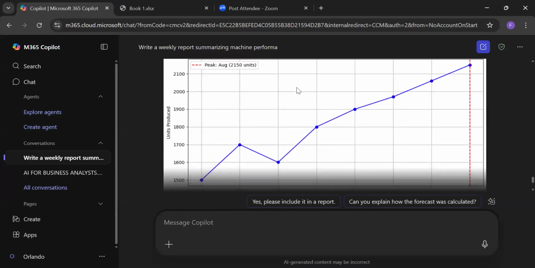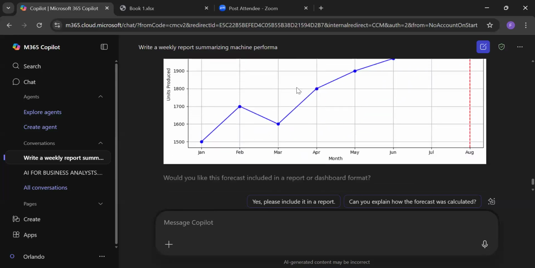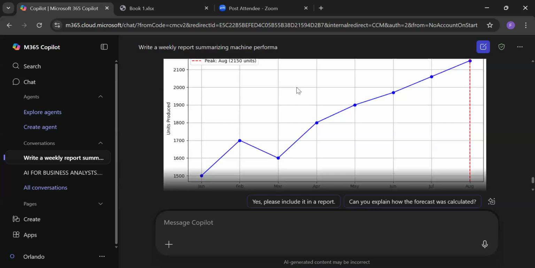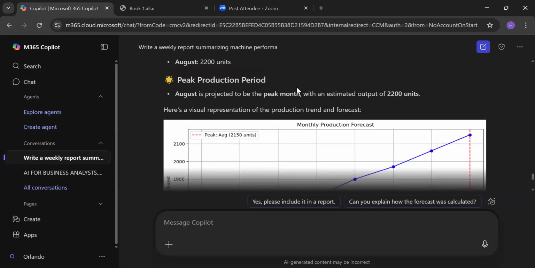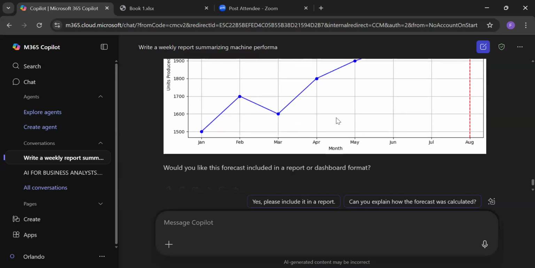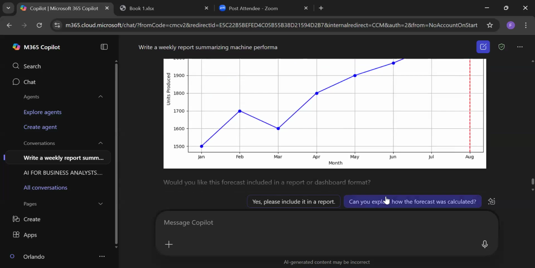Here is a visual representation, and it has created one for us as well. There are so many factors that could affect this, but per the data that you have given it, this is the trajectory that it has created. If you do not understand this, it's also suggesting, can you explain how the forecast was calculated?